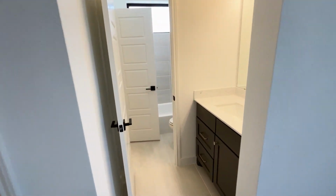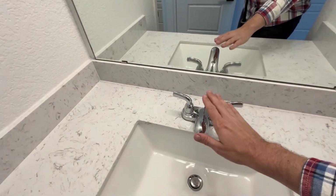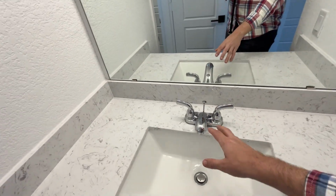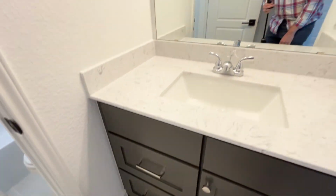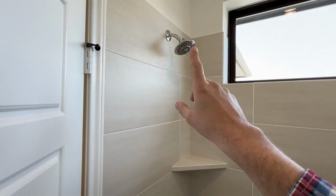This one has an ensuite. Now, something I don't like, why? Why do we suddenly have a smaller, cheaper silver faucet, right? We went with silver handles again too. Just keep it consistent through the home. I'm really annoyed that this small area, and then same in here, it's all silver all of a sudden, but